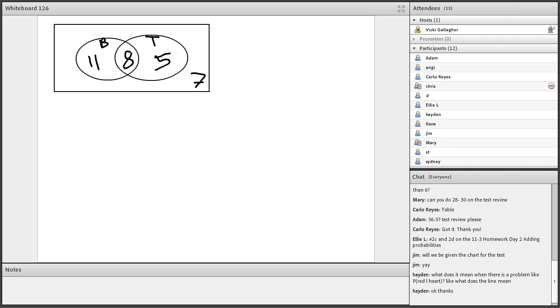All right. Number 29 says, find the probability that a student is in track and baseball. That would be the people right in the center of the Venn diagram, those 8 people, and that was out of the 31 students total. So that is the answer for 29. And then